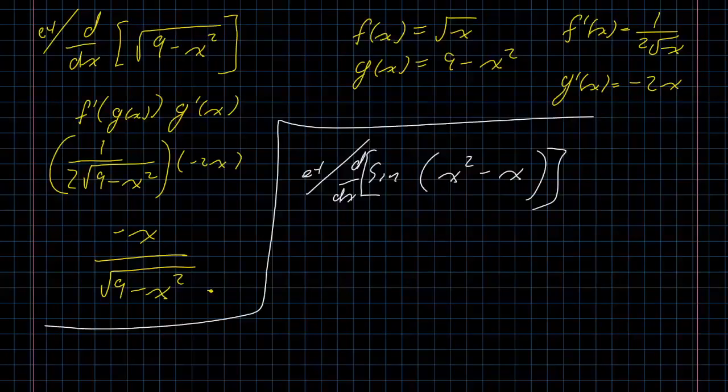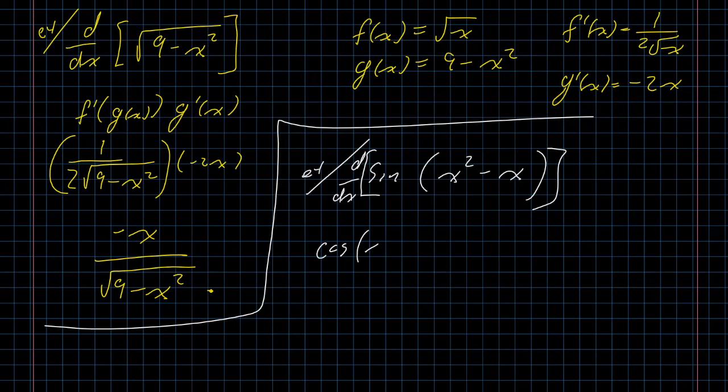All right, we once again have a composition. We have sine evaluated at a polynomial function. So we want to take the derivative of sine, which is cosine,